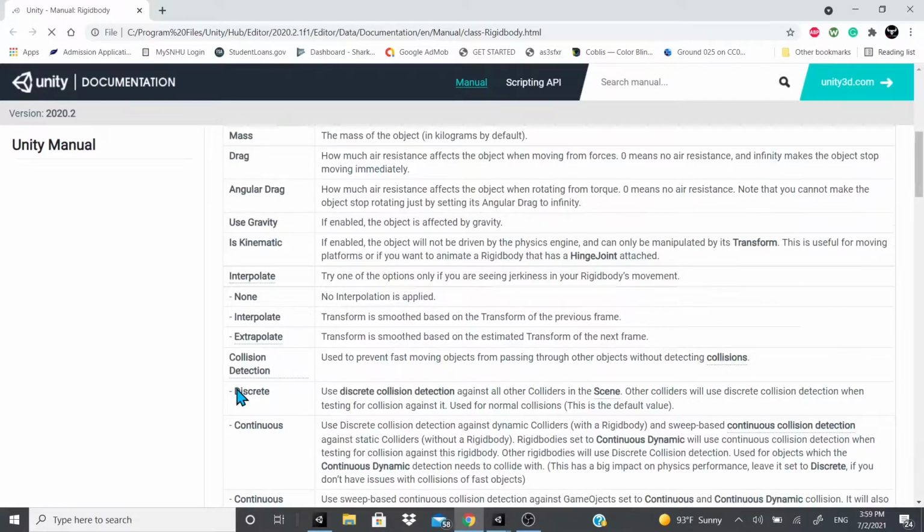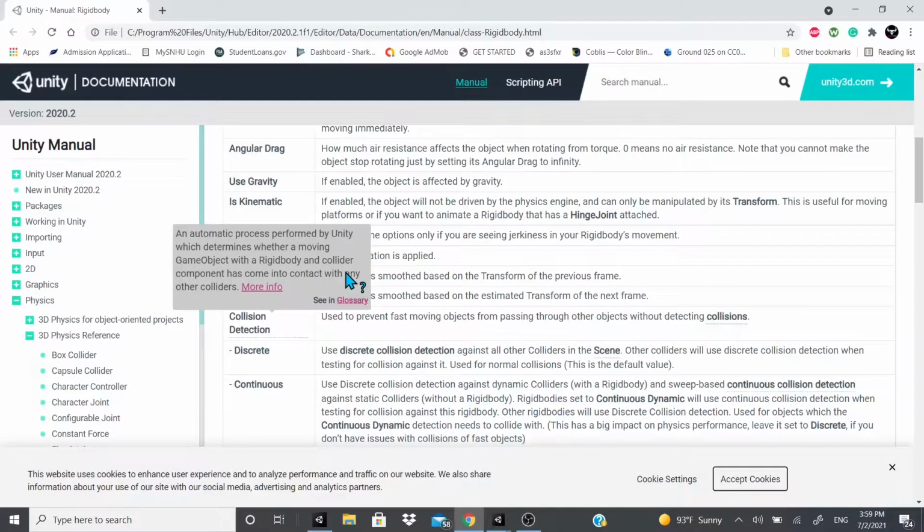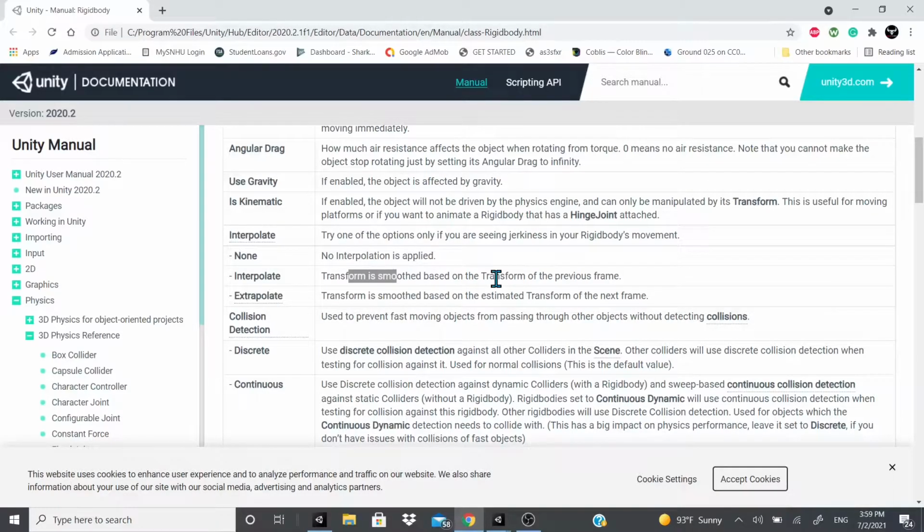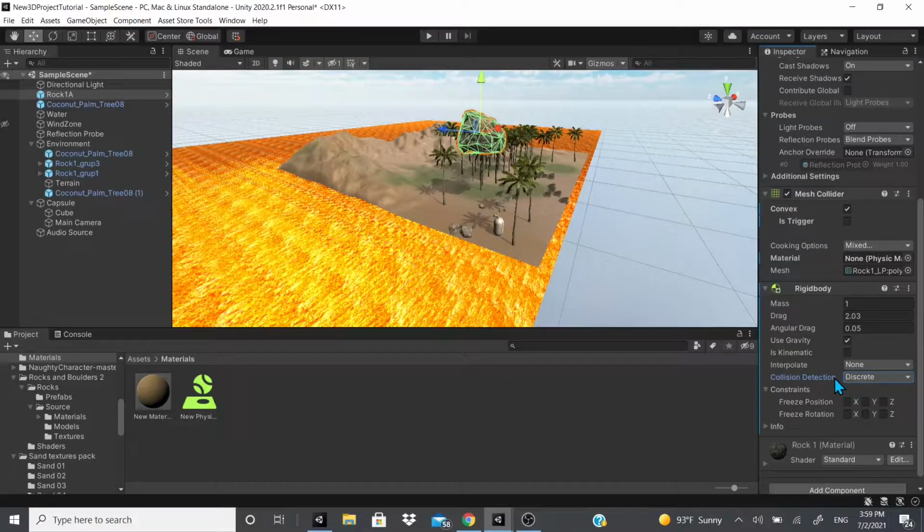So go to interpolate, says it smooths the transform based on the transform of the previous frame, and then extrapolate does the same thing, but it estimates the transform of the next frame. And then there's also collision detection. So if you want it to be discrete, if you want it to be continuous, and let's go to the